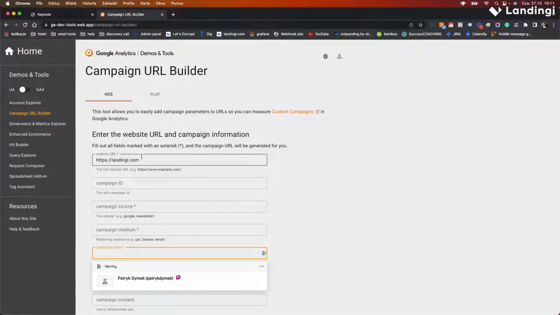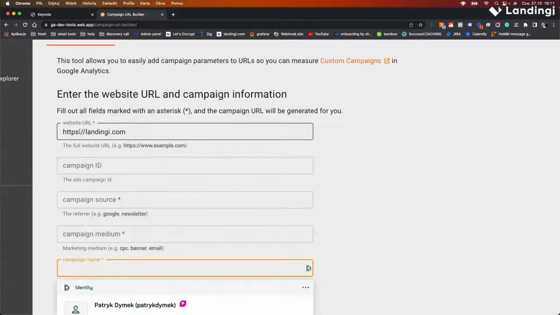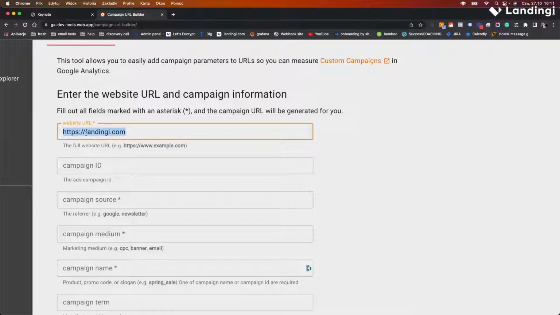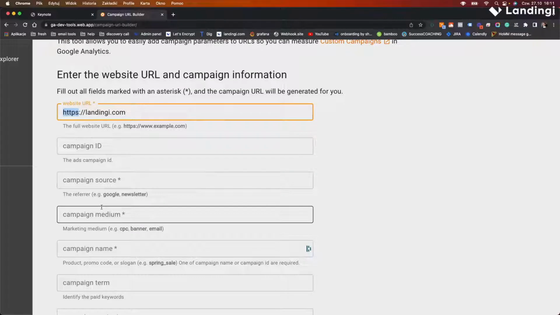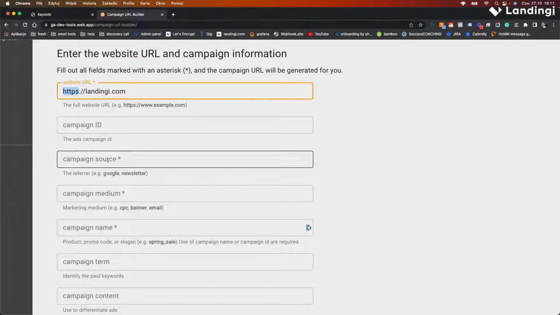Okay, so what I have here already is our main page, homepage address, landingi.com. Just make sure you put the full address with the https:// prefix before it, because otherwise it won't accept it. And let's go with the big trio: source, medium, and name.